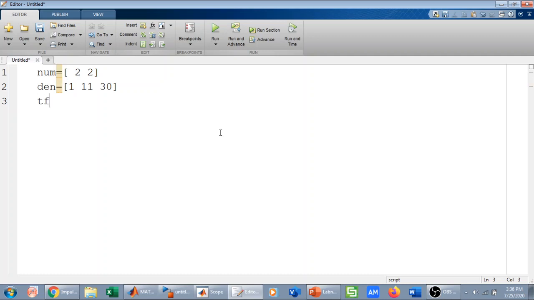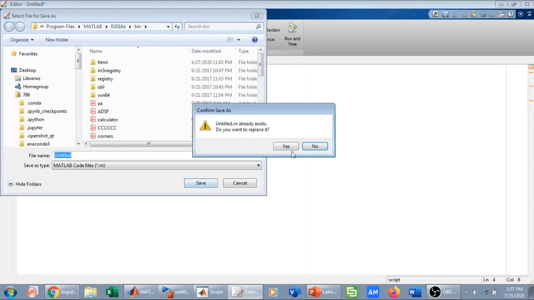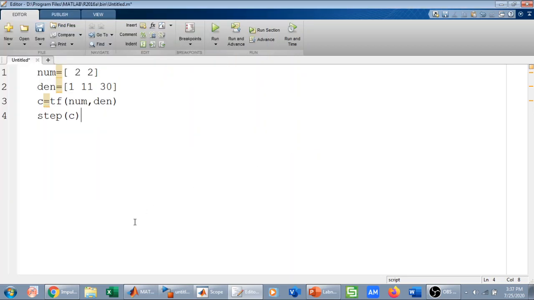Then I can say transfer function, for example, c is equal to tf of numerator and denominator. We did this in the previous video. So this is my transfer function, and then I can go on and type step c. Hopefully when I run it, I get the step response of this system. So MATLAB is running. I'm going to save it, and a figure will pop up where we will have the step response of this system.